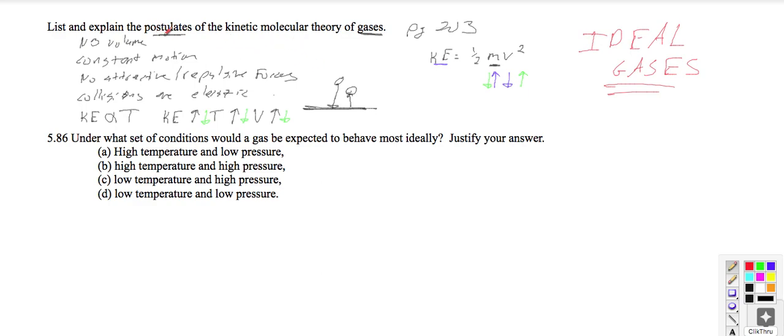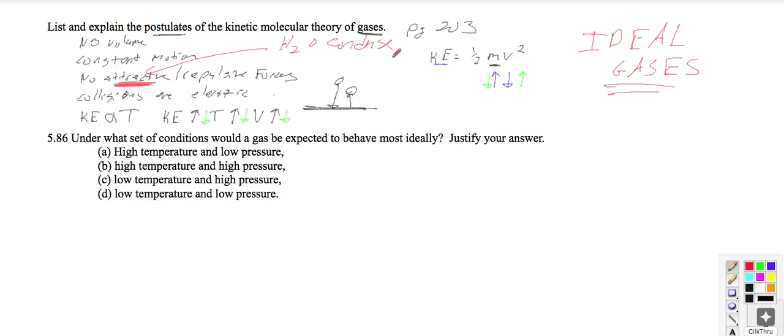But it is important. Gas molecules do have volume, for sure. They are particles of matter, and matter has mass, and mass has volume, so there's that. They are in motion forever, that's fine, constant motion. They do have attractive forces and sometimes repulsive forces, and a really easy one to think about here is water vapor. So water has that attractive force between them, which allows it to condense